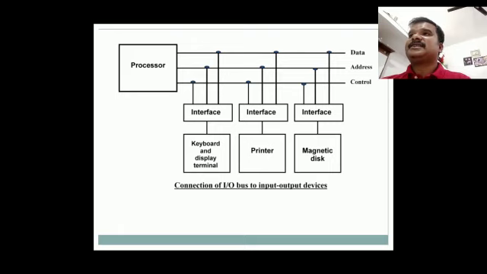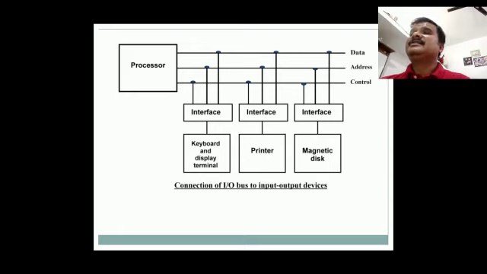Each interface decodes the address and control received from the input output bus, interprets them for the peripheral, and provides signals for the peripheral controller. It also synchronizes the data flow and supervises the transfer between peripheral and processor. Each peripheral has its own controller, just like the printer controller for paper motion and for printing. The control lines are referred to as input output commands.